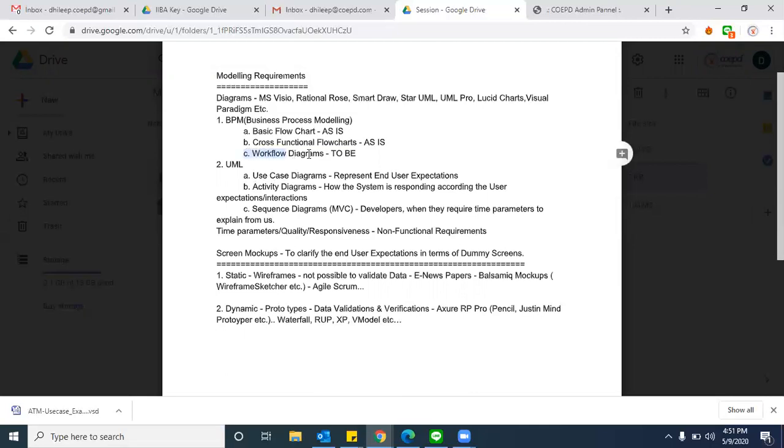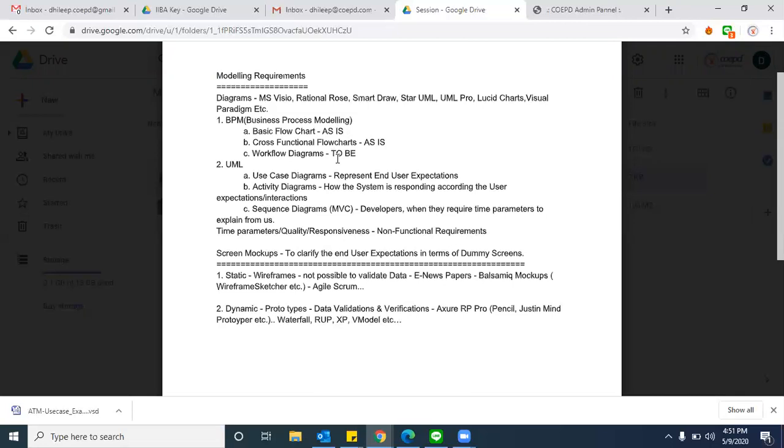We are not going for workflow diagrams, but still, workflow diagrams are a pictorial representation. Possibly you remember I showed you small icons like customer icons, accountant icons, group icons, an easy way of representation. And these three are the same: the basic flowchart, cross-functional flowchart, or workflow. The only difference is the basic flowchart doesn't contain any swim lanes. Cross-functional flows contain swim lanes, cross-functional bands where we can differentiate the individual activities. Already you understood by this time, right?